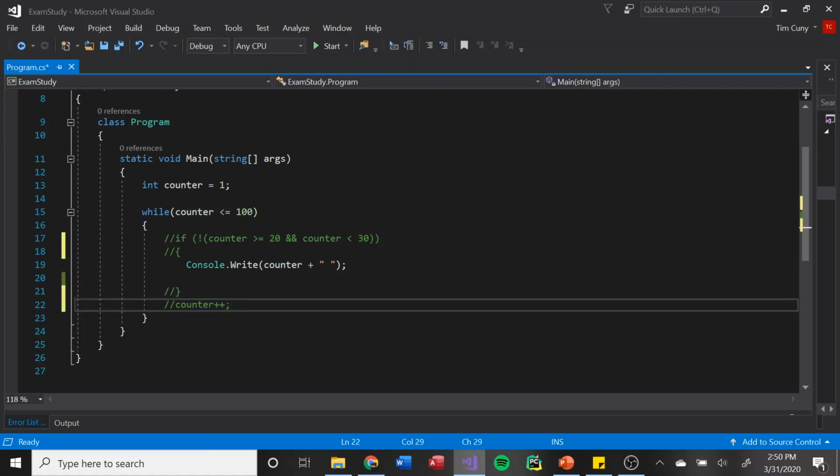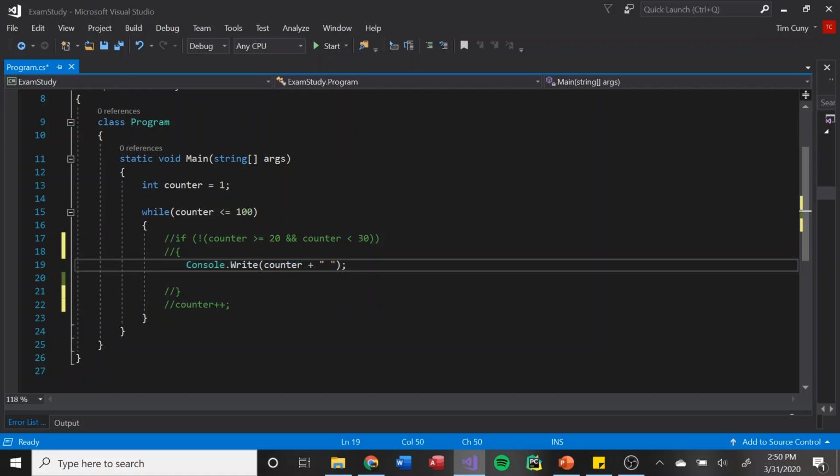Alright, so basically you write this, you want this to display each and every number with a space. So that's the end goal, right? So if I were to run this as it's displayed, so we're skipping over the parts that I just commented out. If I were to run that,